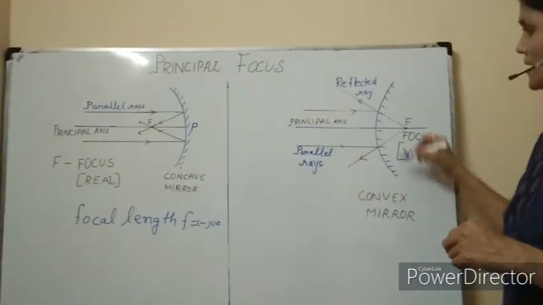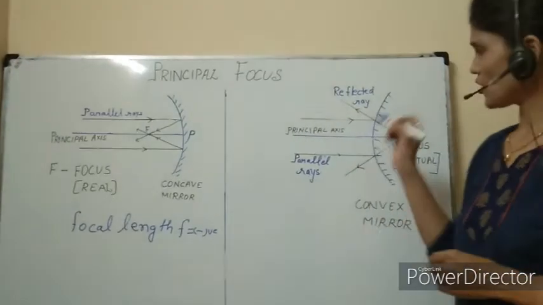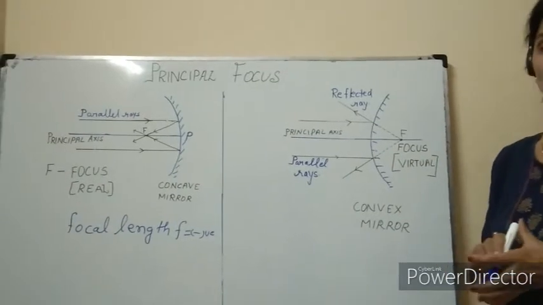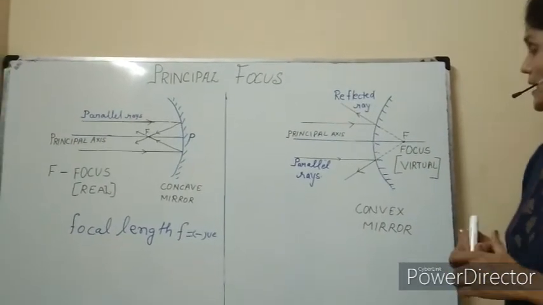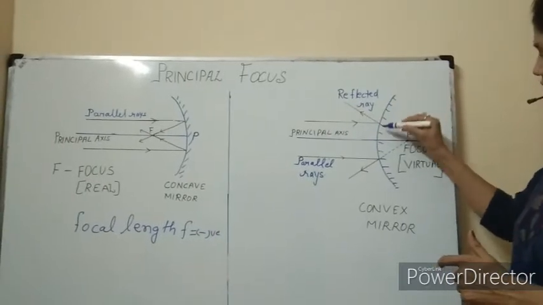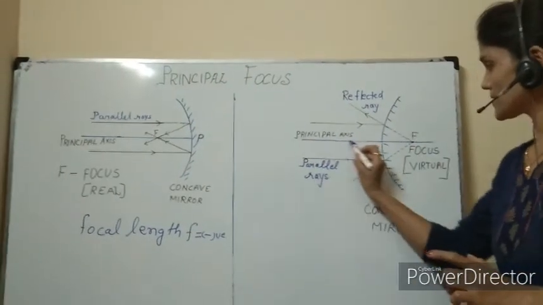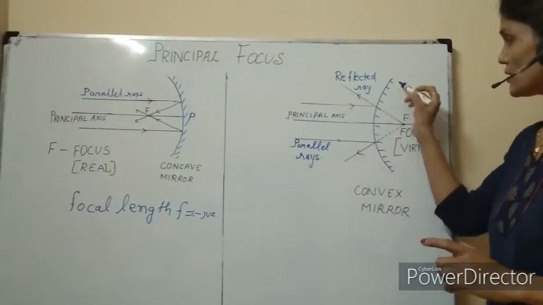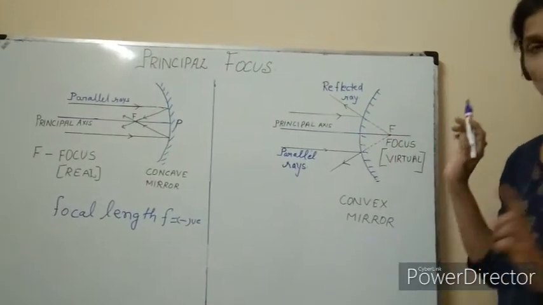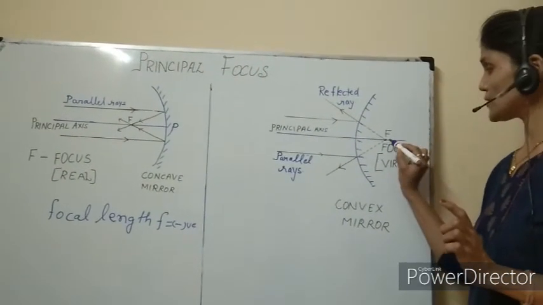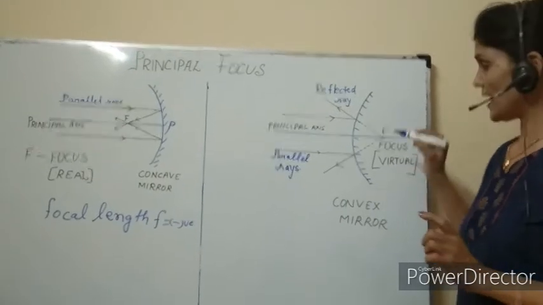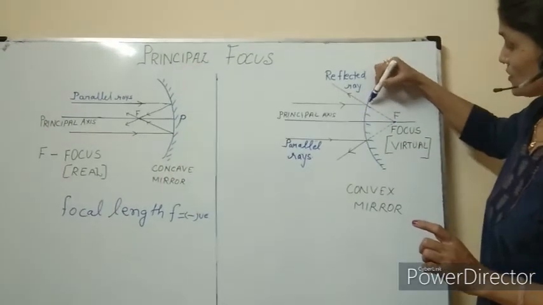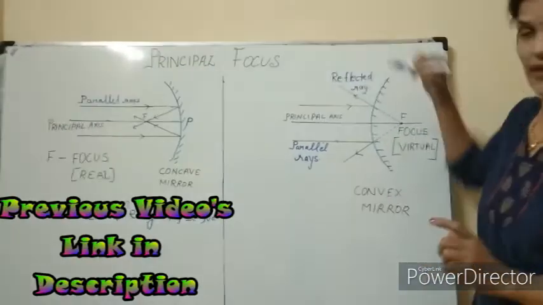Here, the concave mirror was very easy to understand actually, but for the convex mirror, this construction, this ray diagram is not that easy. So what you have to keep in mind while drawing the diagram: first of all, draw the mirror, then draw the principal axis. Then draw the incident rays which are coming and falling on this reflecting surface. That is also not a difficult task. Then you have to select a particular point on the principal axis, and using your scale start one ray here and then draw it continuously to show the reflected ray.